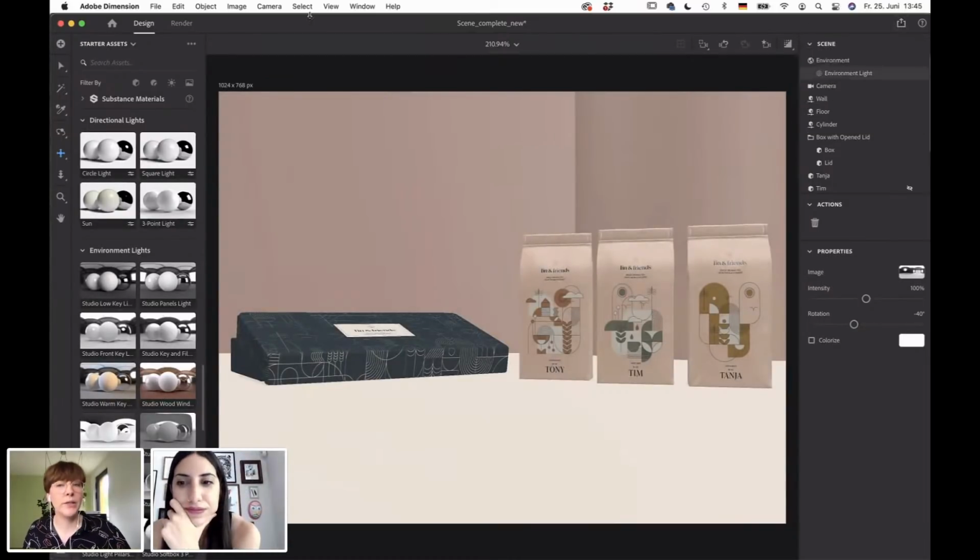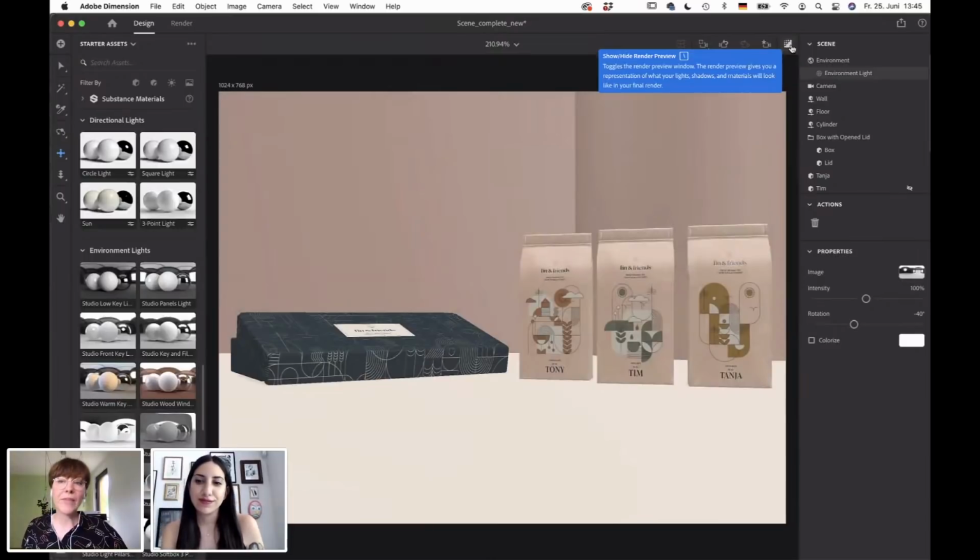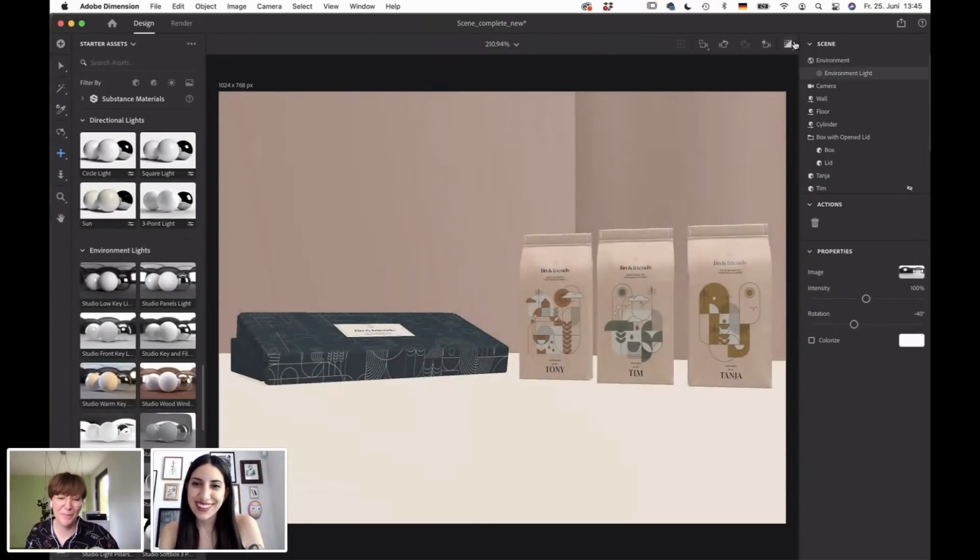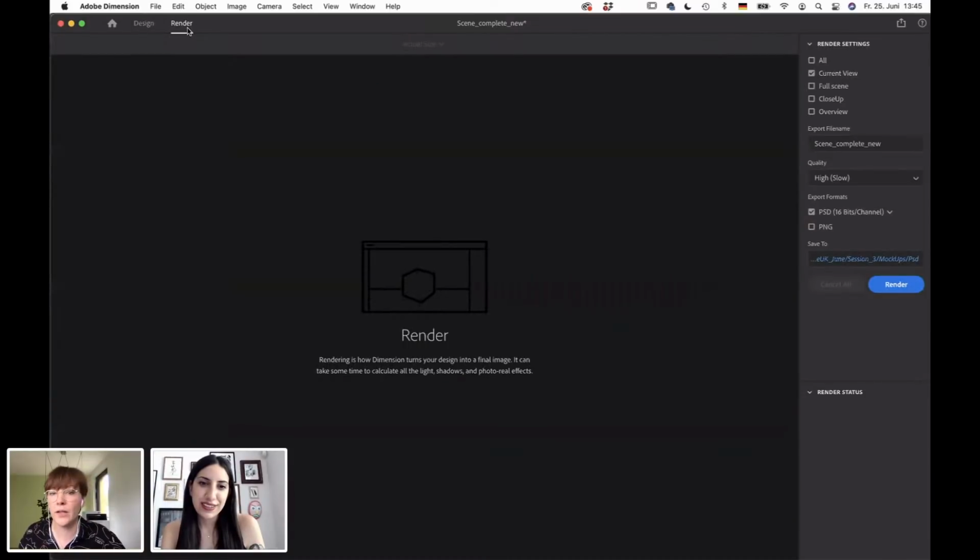And then when you feel happy with it, you can also click on your rendering preview. I don't do that now because I'm afraid that my app is collapsing again. This will take a while, but it gives you the preview of how this picture will look in the end. And when you're happy with that and you've set your lighting and everything, you can go here on the top in this render preview, and here you can